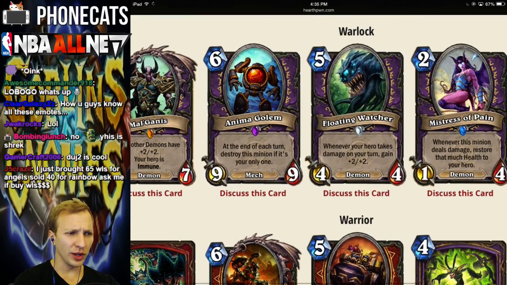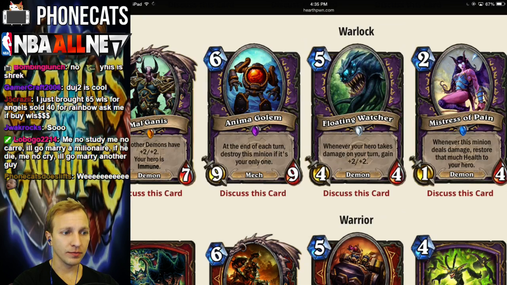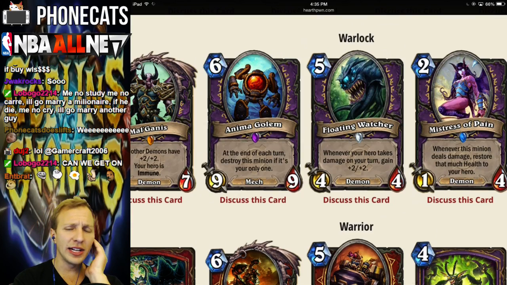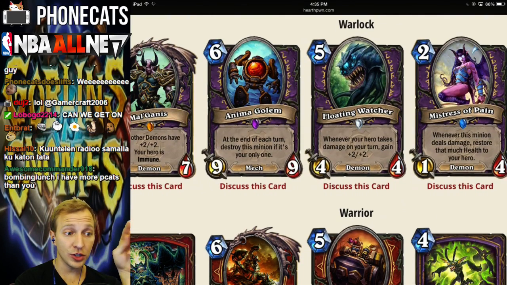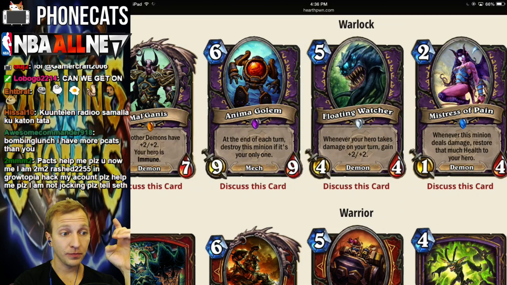Anima Golem, really weird. 6 mana for a 9/9. At the end of each turn, destroy this minion if it's your only one. Okay, so I need some clarification on this card. I need to know if you destroy this card if it's your only Anima Golem, or if it's your only creature. And I think